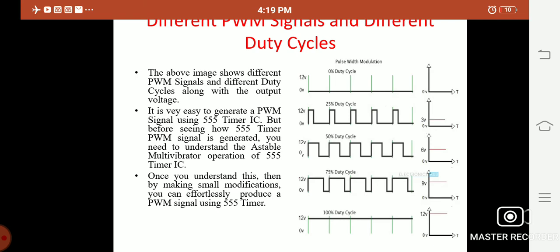So in this PWM modulation scheme using the IC555 timer, it is generally used as a power delivery mechanism in motor control and lighting control systems. So the voltage that must be supplied to a DC motor or LED is supplied in the form of fast switching pulses rather than a continuous analog signal. So the duty cycle and the frequency of the pulse width modulation signal determine the output voltage.